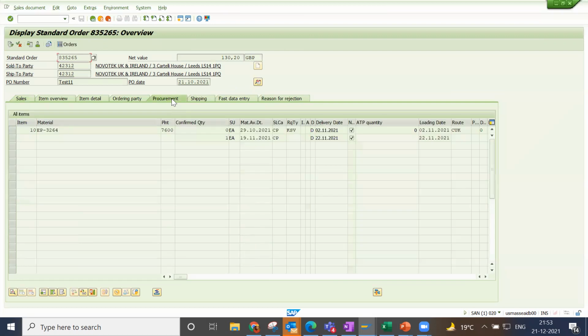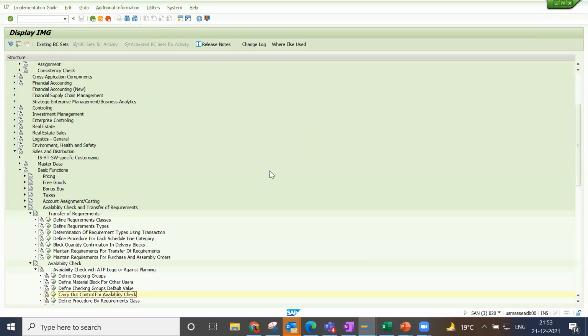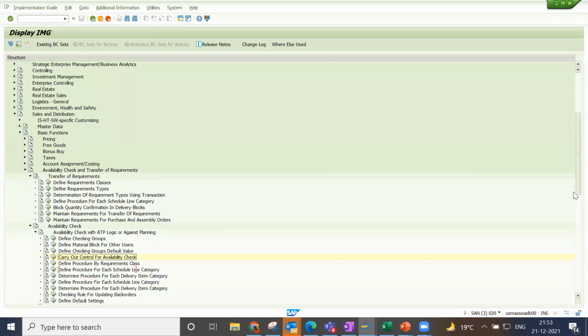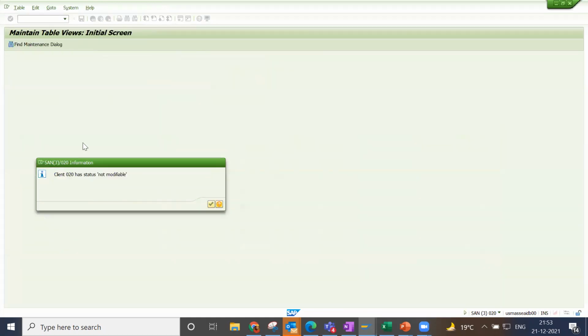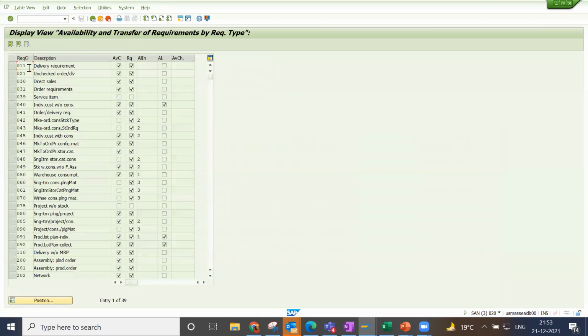Whenever we create the sale order, the system determines the requirement type. This requirement type is assigned to the requirement class. Let me go to the requirement class. See, the requirement class controls the availability check as well as the requirement.